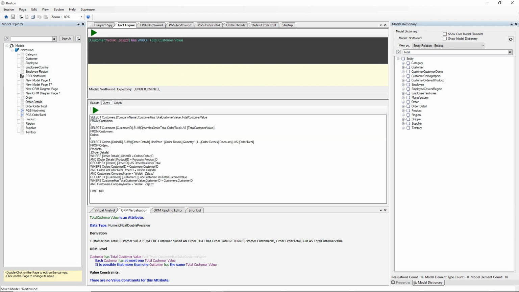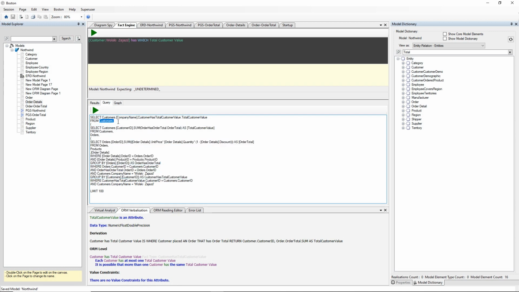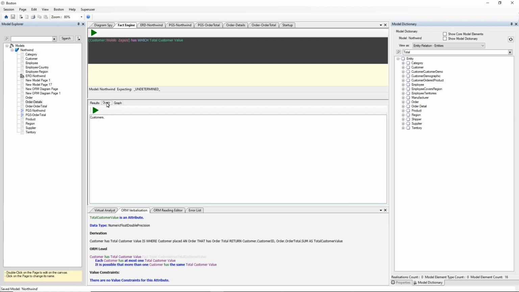Our query this time has not only our subquery for order total, but it's also got a subquery for our derived fact type for the customer as total customer value. And we join that to customers up the top here, and we get our results. So we hit go on that, I'll hit go up here,